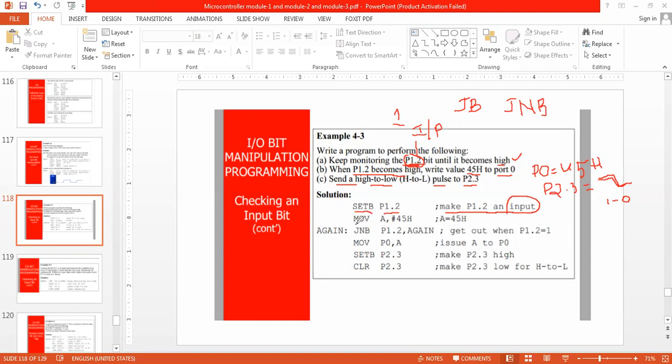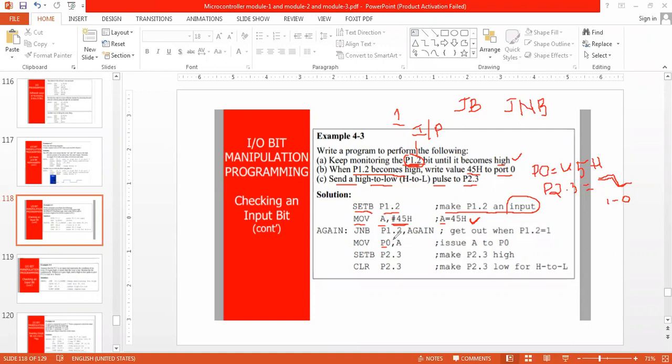Then move A comma hash 45h. So A has the value 45h. Now this one I can reduce, because I can directly write a 45h value upon P0, since it is a whole register.